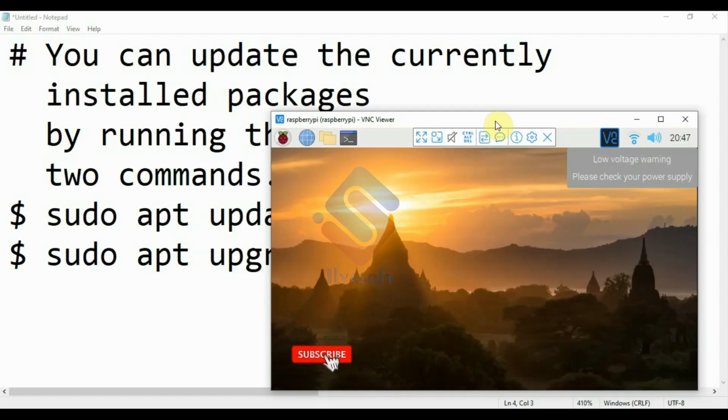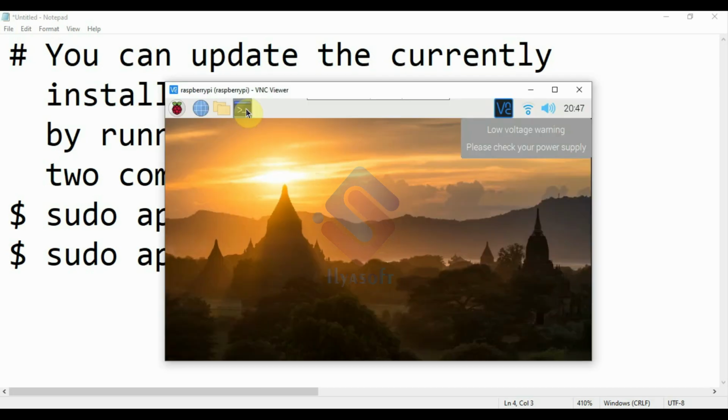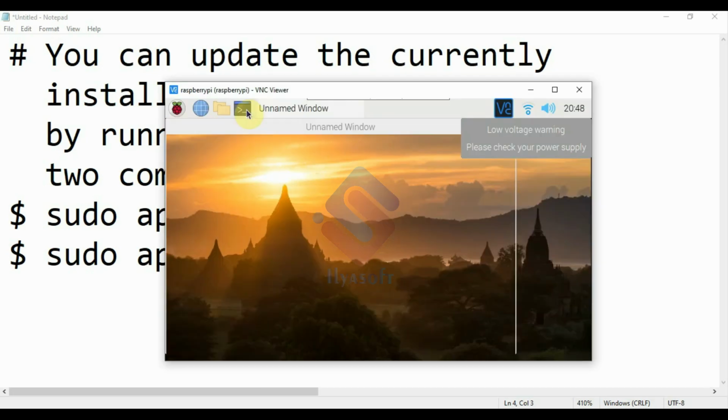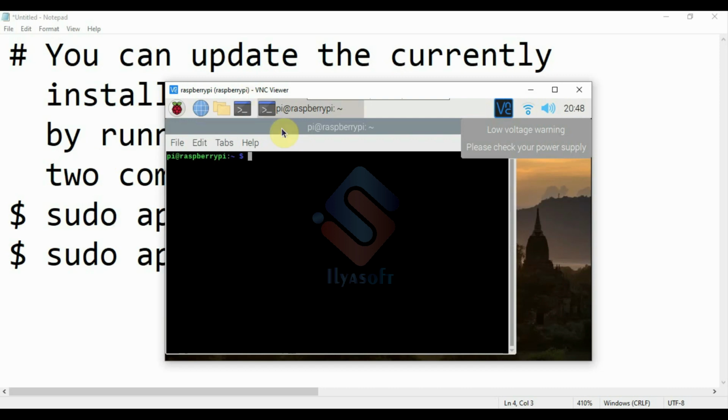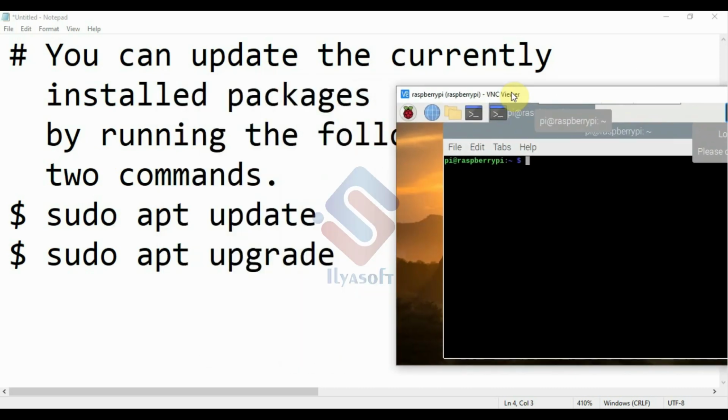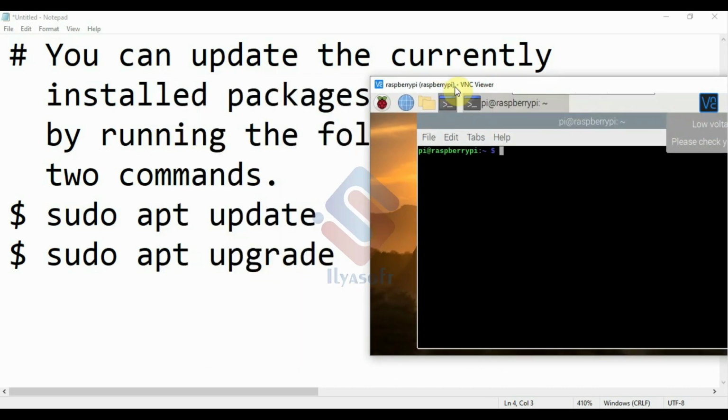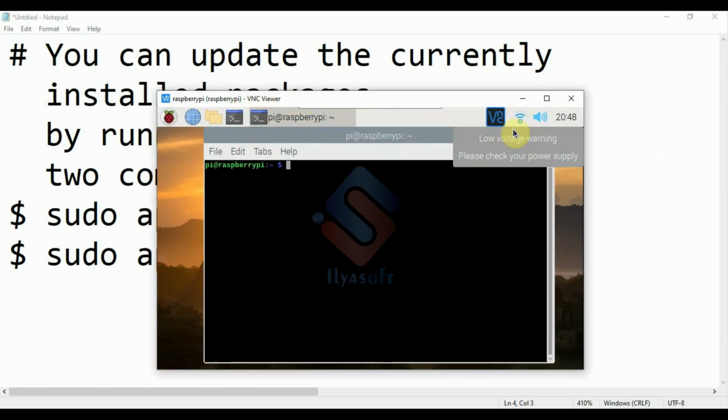Hi guys, in this tutorial we are going to update the currently installed packages of the Raspberry Pi operating system. So click on the terminal. Before starting, check your Wi-Fi connection, and then